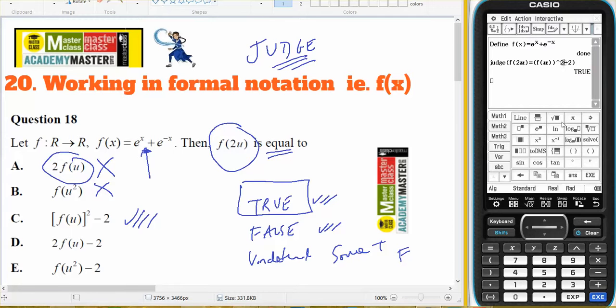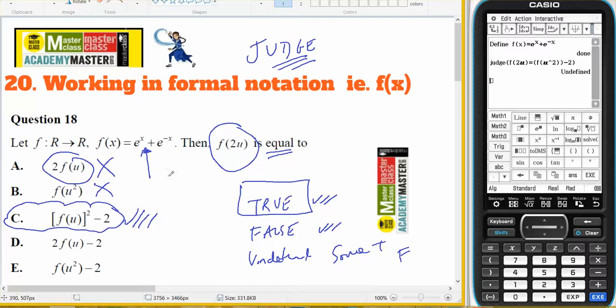Just to double check, I'll check the last two as well. I'll get rid of that squared. 2 f of u minus 2, and that's undefined. And lastly, f of u squared minus 2, and that gives me an undefined as well. So this was the only one that gave me a true statement for all values of u, so C is the correct